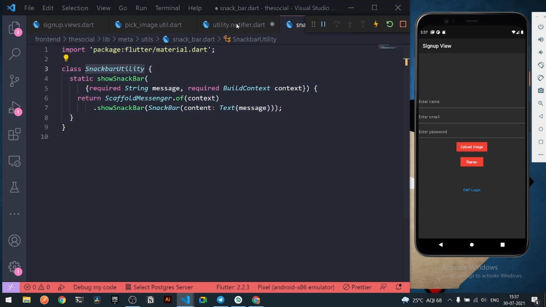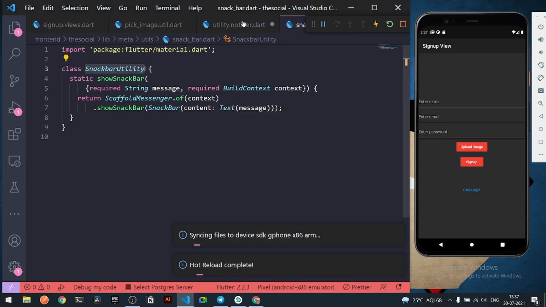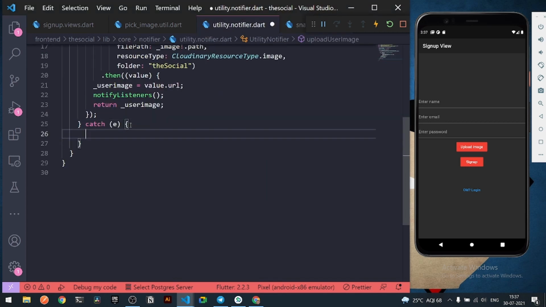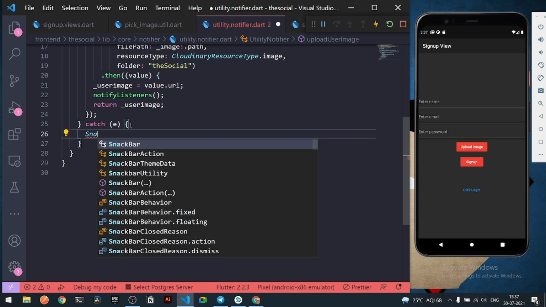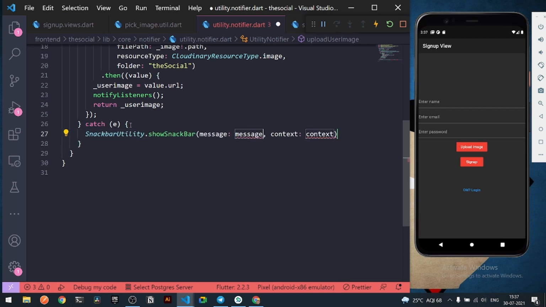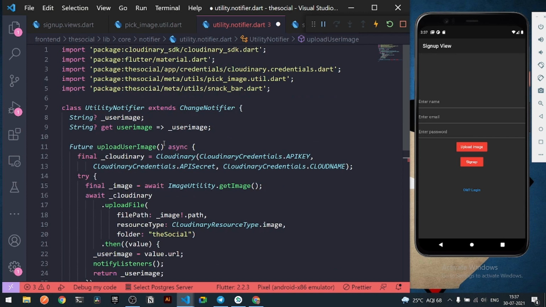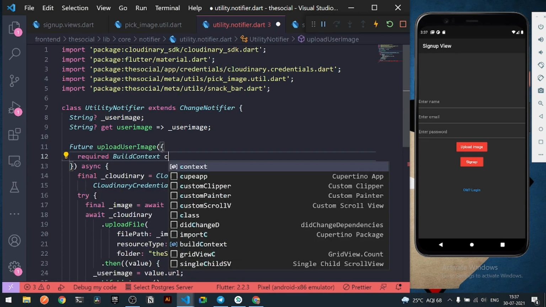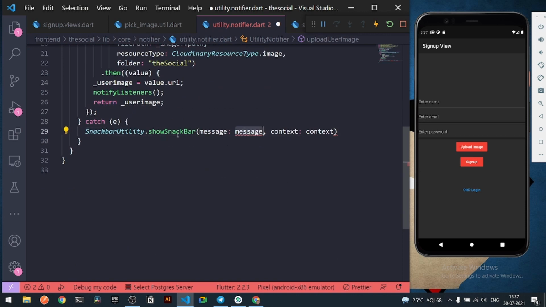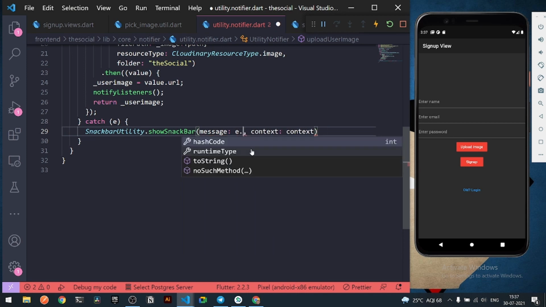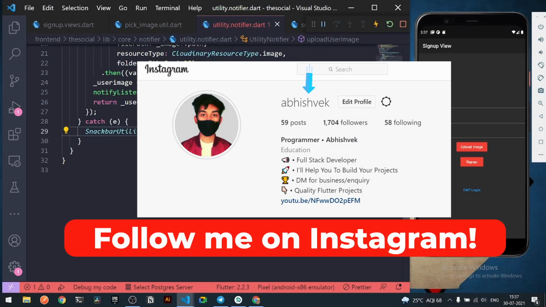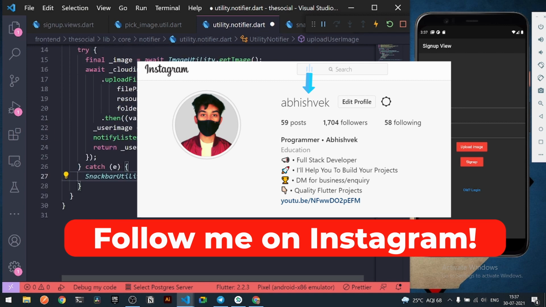So I can go back after saving this, and here once we receive some errors, I can say SnackbarUtility dot show snack bar, and we require a context here as well, right? So here I can say required BuildContext for a context. The message will be nothing but some error. So here I can say for now a new Text itself of e, right? So we will be showing our entire e, that is the error, just like this.